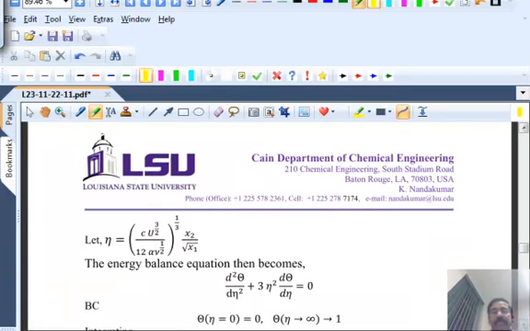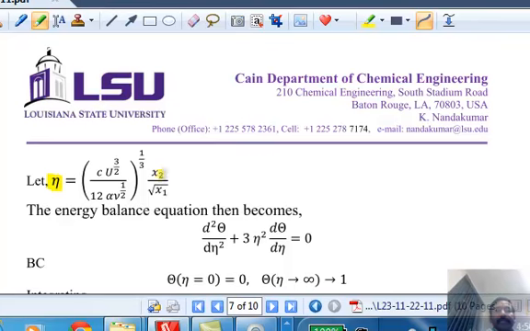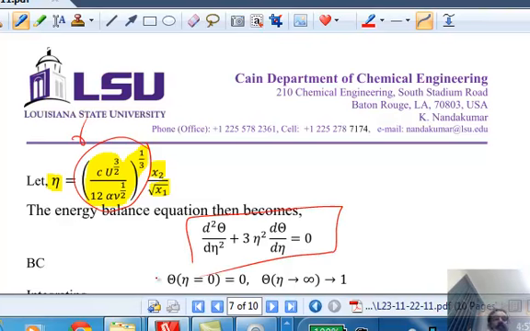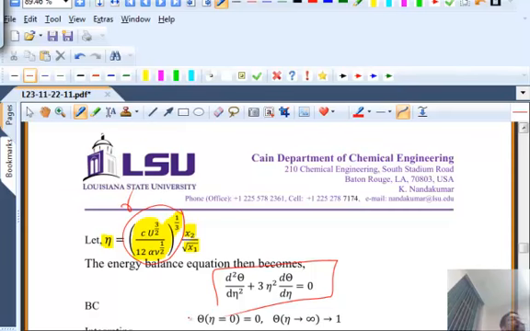Again, in BSL, they just give it to you: eta equals x2 divided by square root of x1. There is a constant that they throw in. Don't ask me how you come up with it. You cannot come up with it if you're doing it for the first time. But what matters is that eta is x2 divided by square root of x1. You can leave the entire thing as some constant gamma. You can figure out what gamma should be later on so that you end up with a simple equation. That's the key: dump all the known constants into this expression so that you get a nice